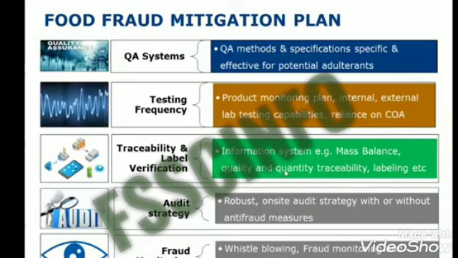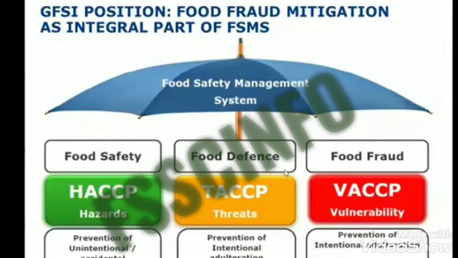Whistleblowing means whenever there is an incident, inform authorities and inform your customers to please return our product. We are going to withdraw our product because the ingredient was tampered. It will build your integrity in the market. Do proper food fraud verification activities and have a signed ethical code of conduct agreement with your supplier so that he will be liable toward any kind of food fraud activity.